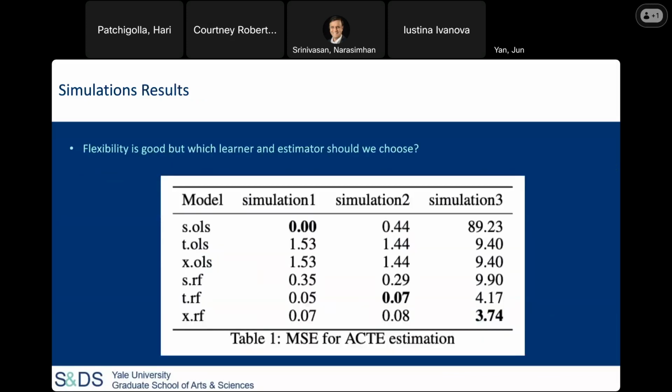So this is a result of the simulation. As we expected, the simplest model, which is the S-learner with OLS, does very well in the simplest scenarios, like simulation 1, where the error is almost zero. But as it gets more complicated, in simulation 2, where the treatment effect was linear, the T-learner with random forest got the lowest MSE, and for the most complex one, the X-learner with random forest got